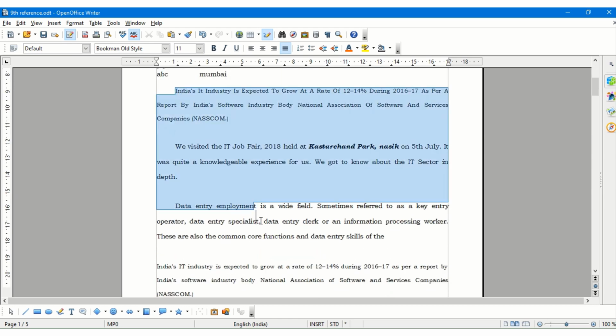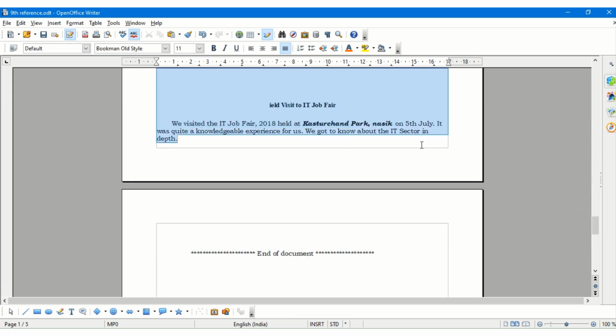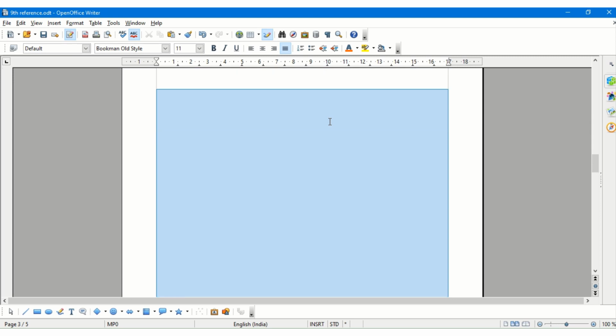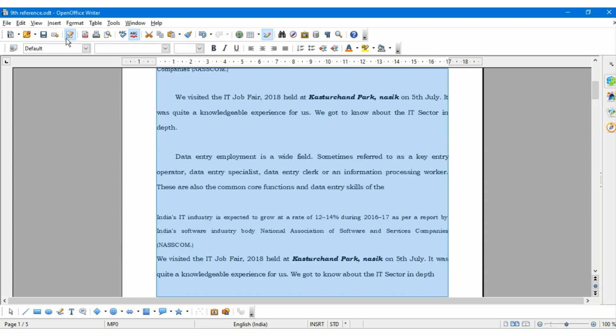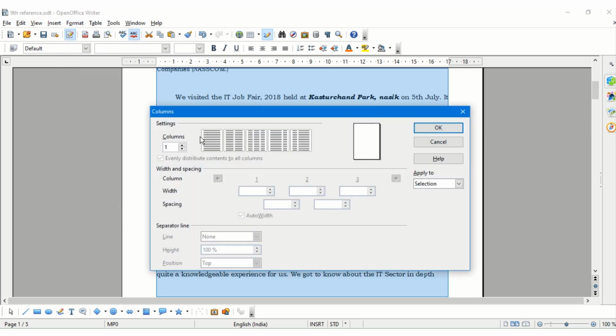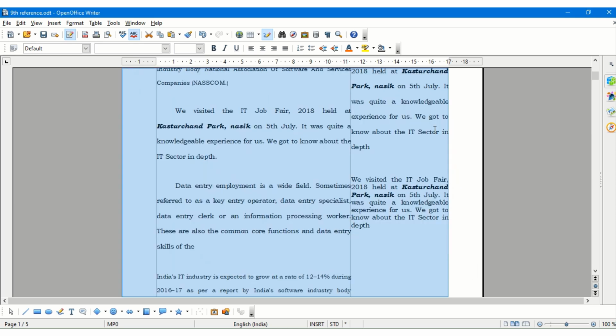Another formatting option is to convert our text into columns. So we can have columnar text. Suppose the data that is there, if I want it in columns, I can convert it into 2 columns, 3 columns, or equal size columns according to my wish. We can also decide on the column width and spacing between the columns with this option.